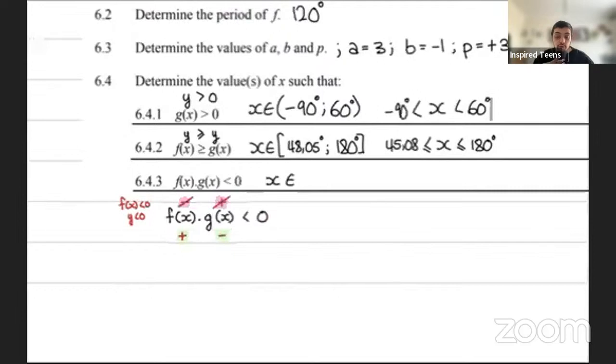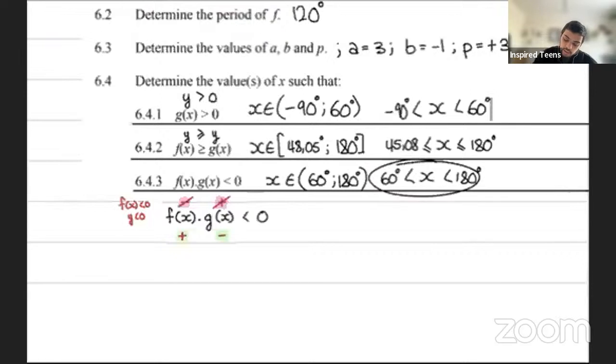Normally, you'd do both and you can potentially get two answers. The question doesn't include, so I don't include. I start at 60. I end at 180. Alternatively, I can say that x is greater than 60 but less than 180. Thus, between this interval is where f of x is above while g of x is